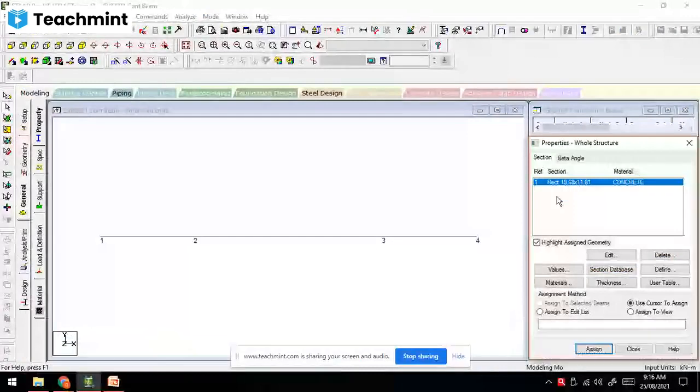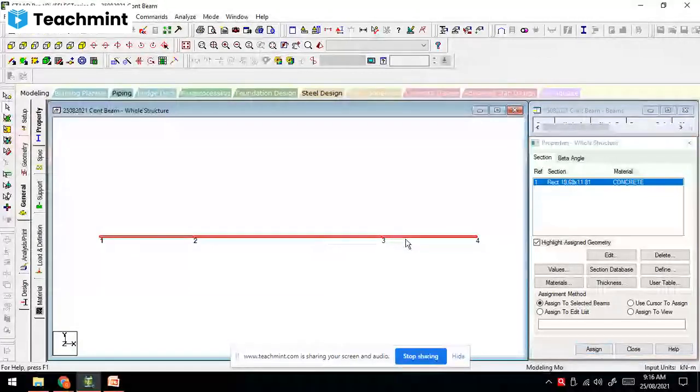Then for assigning this rectangular concrete section property to the model, press the control button on the keyboard, then click on all the members, or you can go to assign to view also. So both options are here: assign to view or assign to selected beams.